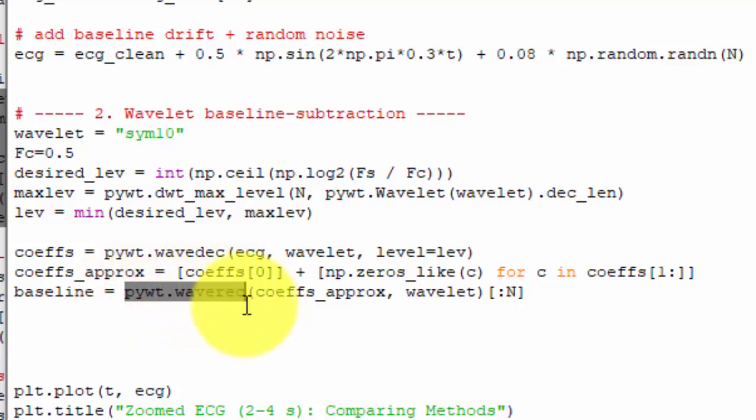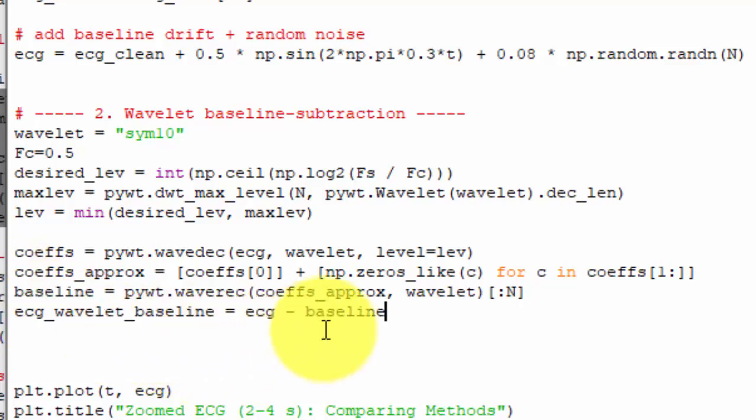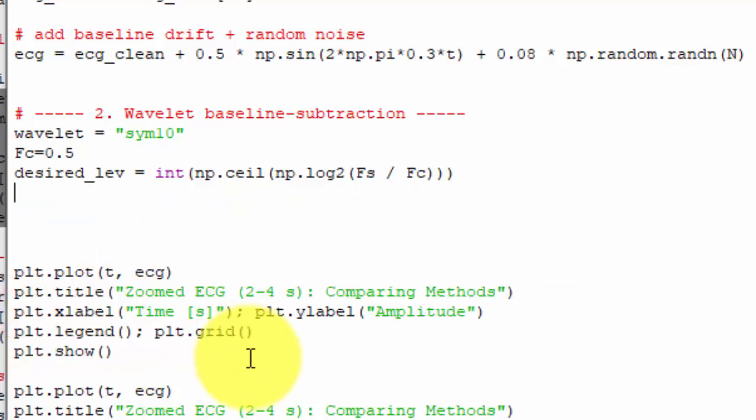This is a kind of reconstruction with the help of the coefficient approximation and wavelet with n numbers. And once we have this baseline estimation, we are simply going to subtract this baseline from our original ECG signal, and we will get the ECG wavelet baseline-removed signal. Then